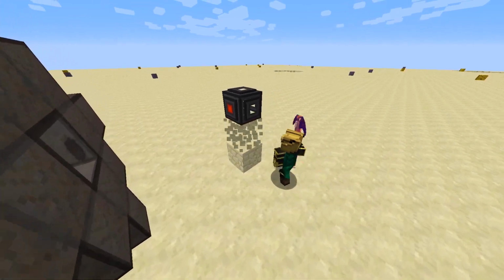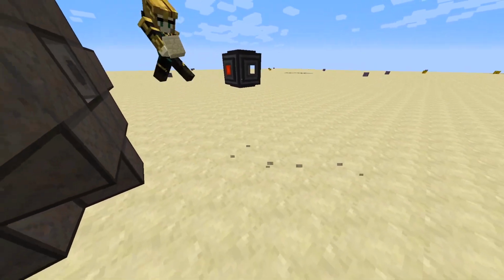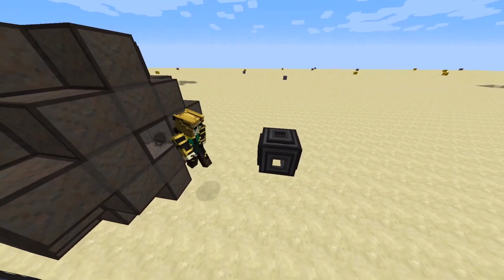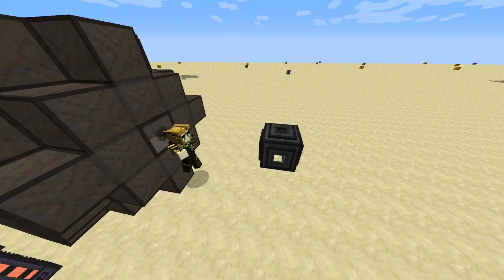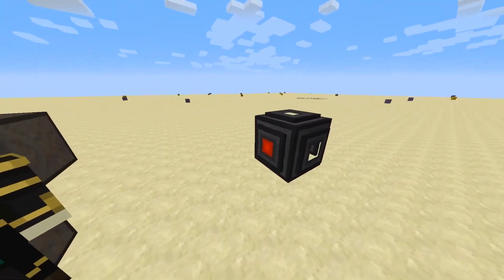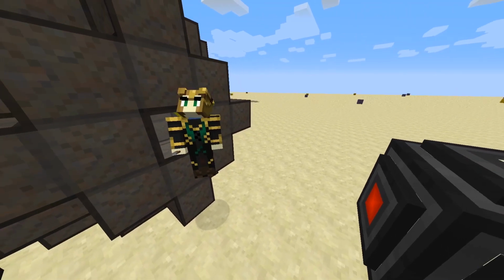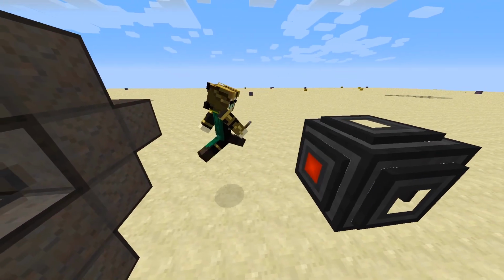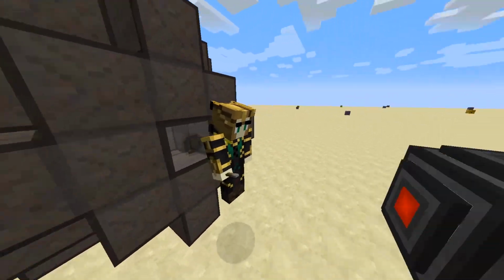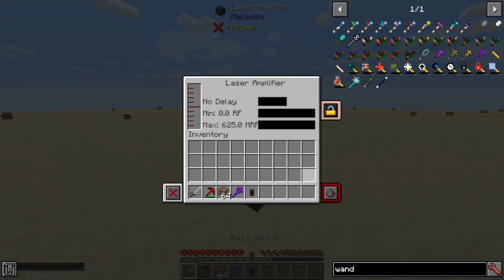So, these laser amplifiers shoot out the laser into the reactor port, and these amplifiers shoot in the direction of where the red dot is at the front, and the red dot goes for the most part in the direction that it's facing you when you place it down. So first things first, this amplifier that's going to be going into the focus matrix, you want to go